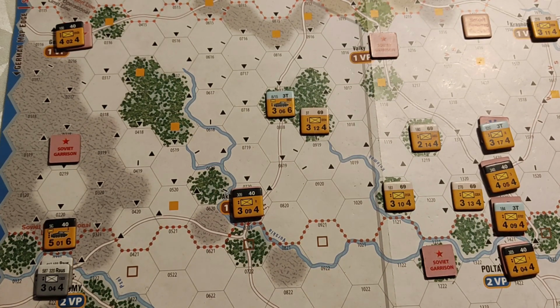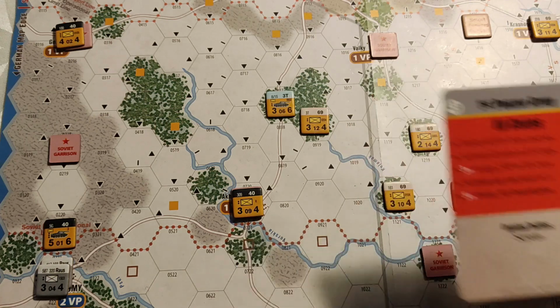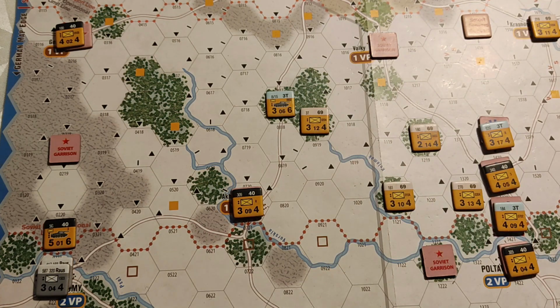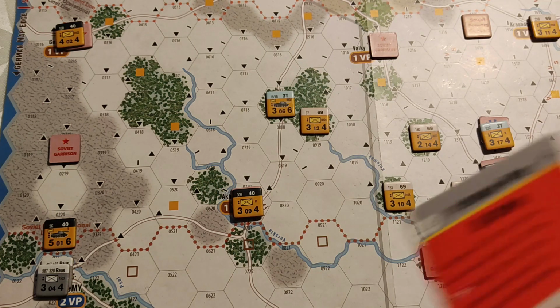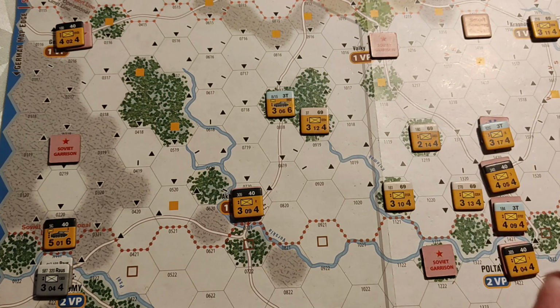impulses for today. And now we get to play our last card, and it's the third corps. And the only question is, again, air interdiction would just remove the Soviet forward support marker, so it doesn't actually do anything. It's at the end of turn. Yeah, the only question is we have no reserves to deploy. So the only question is, will we activate the third corps, or will we assign 2 replacement points to third corps? I mean, the only problem is that I've got an infantry unit on map with 1 step,